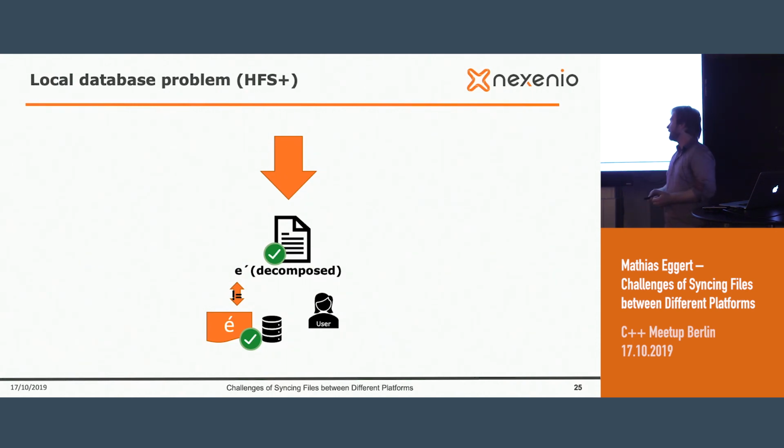Secondly, it's a big problem because if you do it wrong, then your local database could become very slow. And the third thing is that APFS is now the new file system on macOS, and APFS is not doing the same thing anymore. And because of that, we didn't want to support legacy.